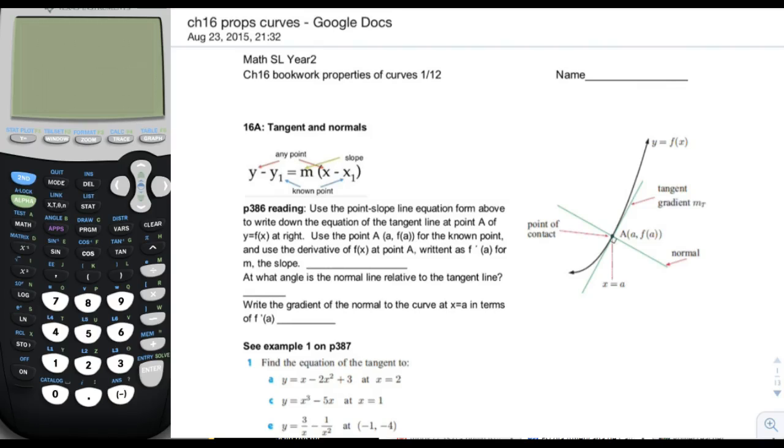Welcome to Chapter 16, Properties of Curves. We're going to talk a little bit more about taking second derivatives and what that physically means to a function. Part A,